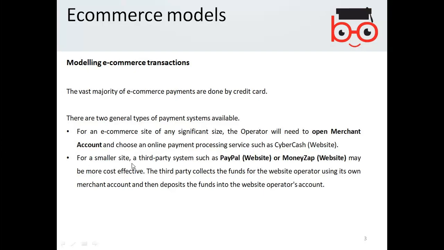For a smaller site, third-party systems such as PayPal, Skrill, AlertPay, and many more third-party websites become more cost-effective. The third party collects the funds for a website operator using its own merchant account and then deposits the funds into the website operator's account. The most common is PayPal. PayPal basically charges the buyer's account and deposits the amount to the sellers securely.